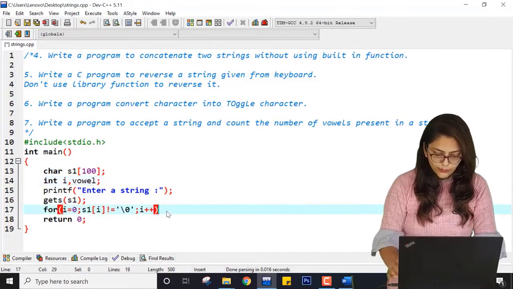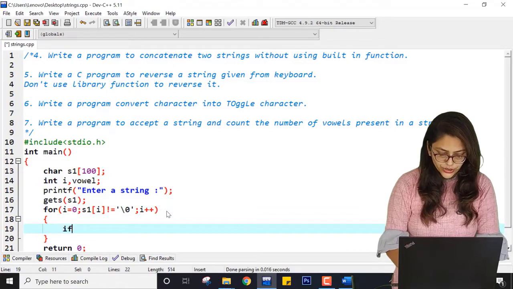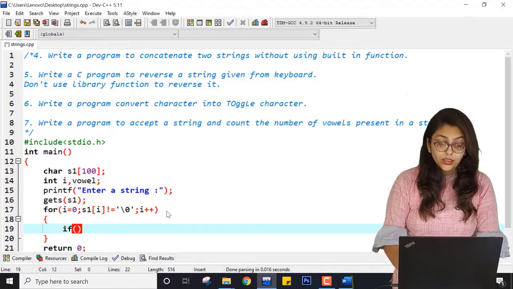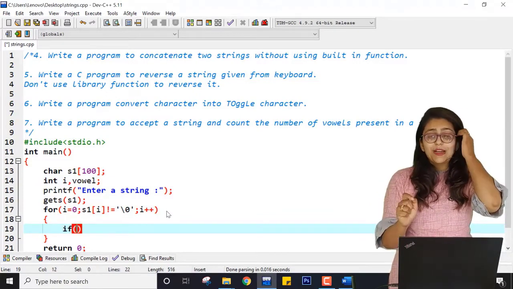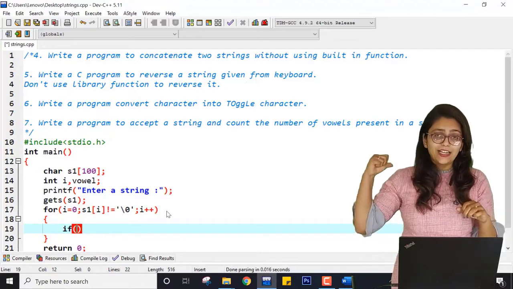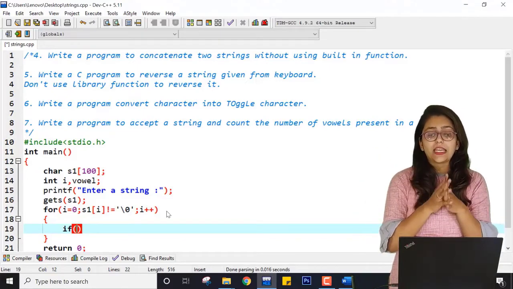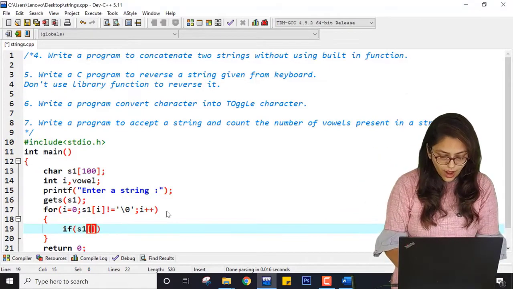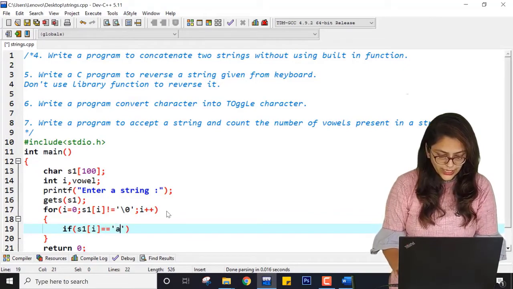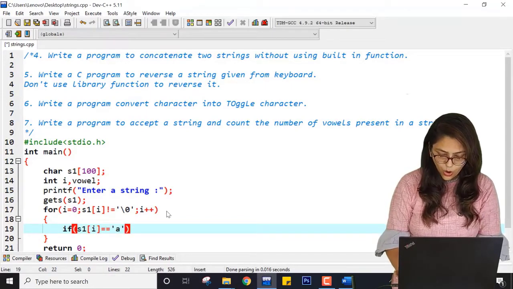After this, what am I going to check? I am going to check a condition. The condition will be so long that it may be hiding behind my back, but I am checking if s1 of i is equal to a. Let me copy this, and here the OR condition.